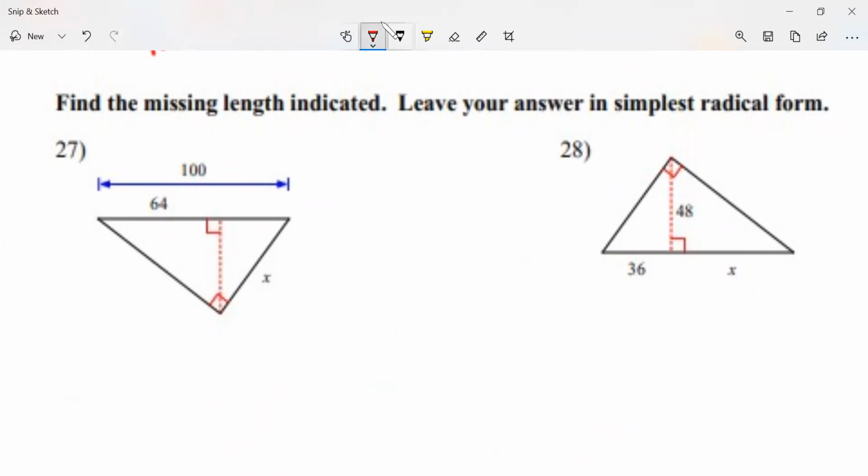Now, when I look at a triangle, let me explain something really quick. When I look at a right triangle, if I stand it up like this, it's going to have a small side, a medium side, and a large side. We know that the hypotenuse is the side away from the 90 degrees, the one farthest away from the 90 degrees. Remember how in mathematics, farthest away we call opposite. So the side that is opposite of the 90 degrees, we call hypotenuse. But we know the hypotenuse is the large side. Again, these triangles have a small side, a medium side, and a large side. There are 3 triangles in here,